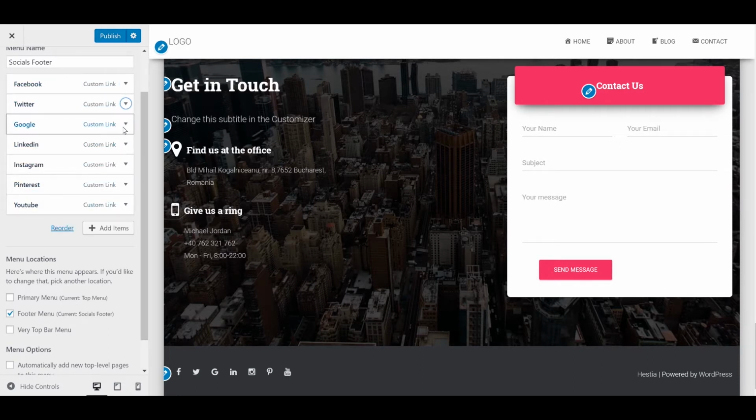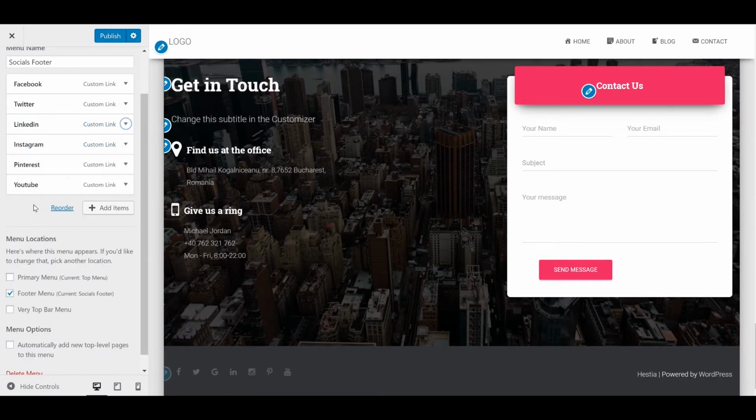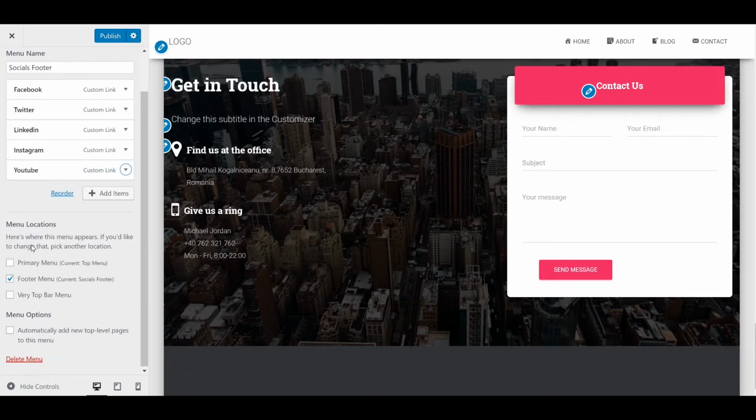Just say most people don't have Google Plus. It's just something that's not really used all that much. So say you don't want to have that on your website. All you do is hit remove, and you'll see that section is now removed. You could go through, and maybe you don't have Pinterest either, so you can simply hit remove on that, and all good. It's just that easy to remove ones that you just don't think are